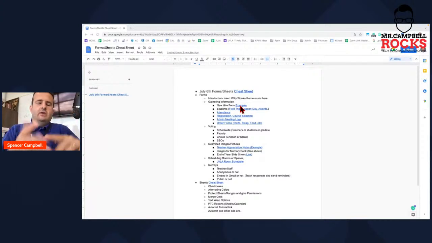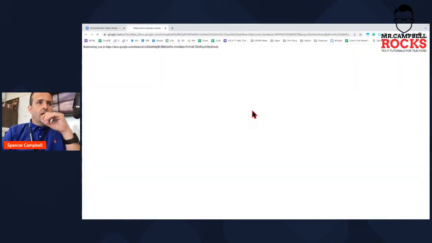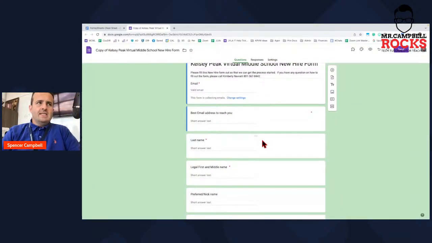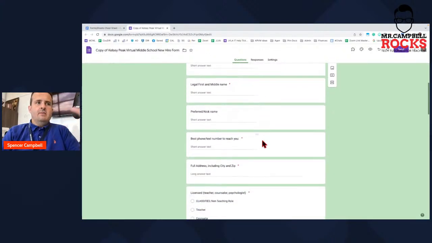Maybe it's their birthday, different things like that. So this form that I'm going to click on here, it's a new hire form. It's a form that we created whenever we have a new teacher hire to our building. And so we get the basic information: email, a home email address, last name, first name, preferred nickname,